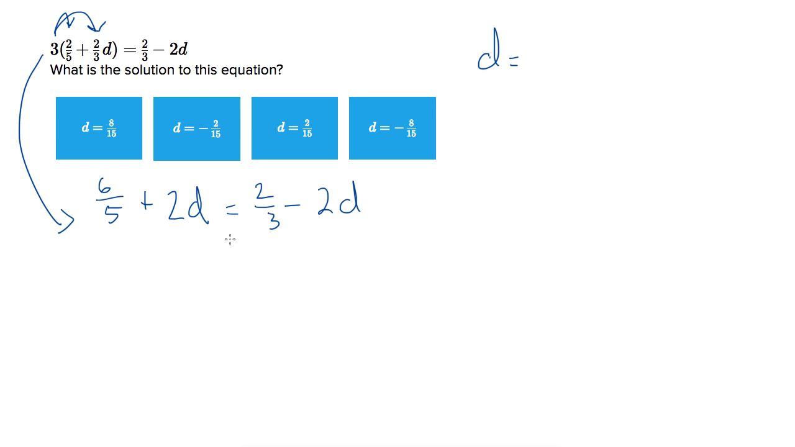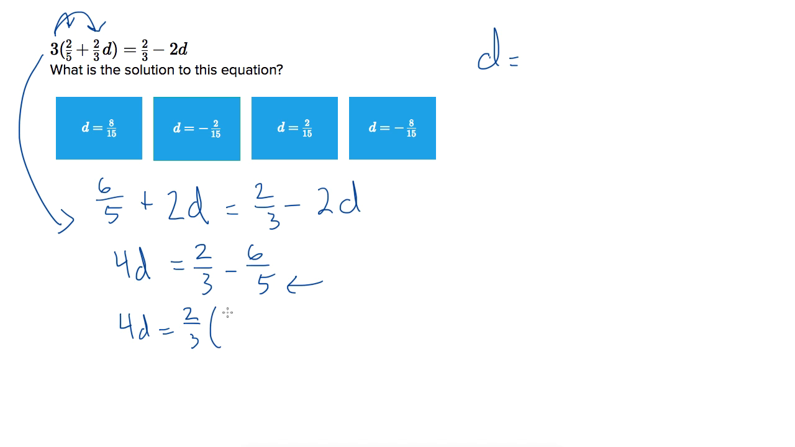So now we're just going to combine our like terms. So I'm going to add 2d to both sides, and I'm going to subtract 6/5 from both sides. So we end up with 4d on the left equals 2/3 minus 6/5. Now we need to give a common denominator to these fractions in order to combine them. So we'll get 4d equals